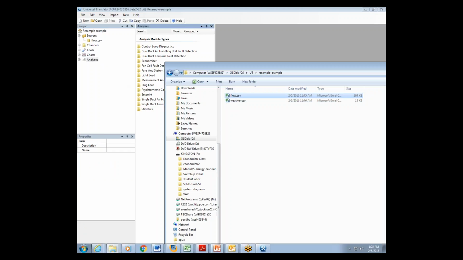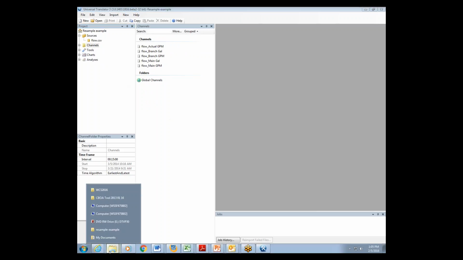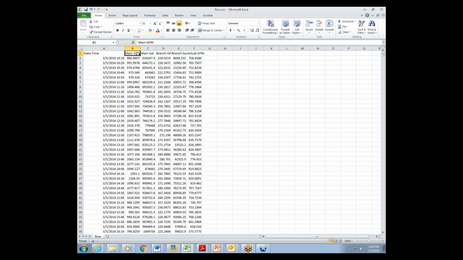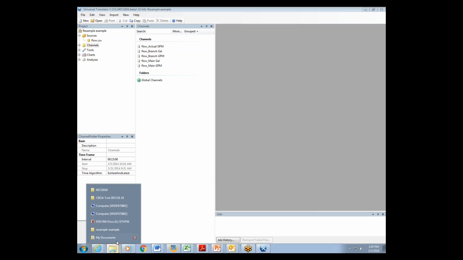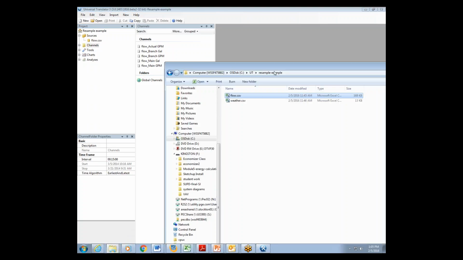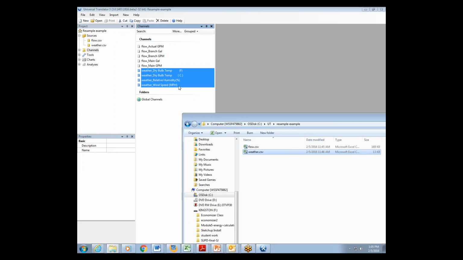I could do them both at once, but I think it's worth seeing that now that I dragged that file on top of the word sources, it shows the 5 columns of data from the flow CSV. So these 5 columns are now different channels in the UT, each one of them listed here. And then I can take the weather data and do the same thing. Just drag the file on top of the word sources, and those 4 additional channels are now in the